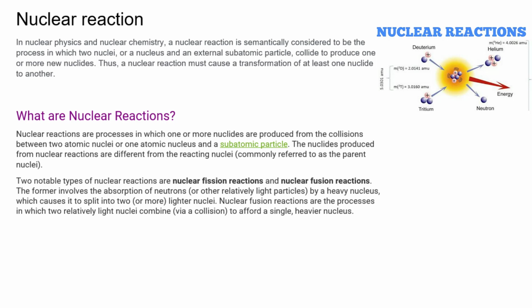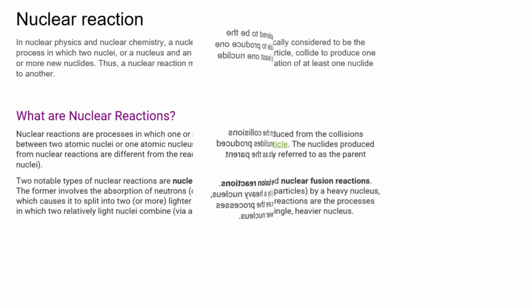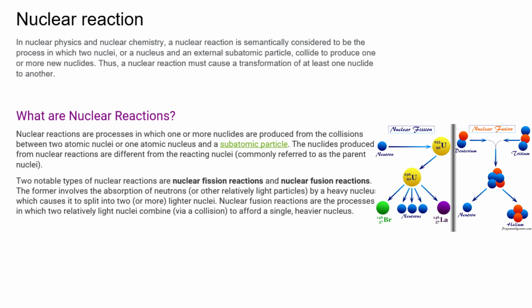The nuclides produced from nuclear reactions are different from the reacting nuclei, commonly referred to as the parent nuclei. Two notable types of nuclear reactions are nuclear fission reactions and nuclear fusion reactions. The former involves the absorption of neutrons, or other relatively light particles, by a heavy nucleus, which causes it to split into two, or more, lighter nuclei. Nuclear fusion reactions are the processes in which two relatively light nuclei combine, via a collision, to afford a single,